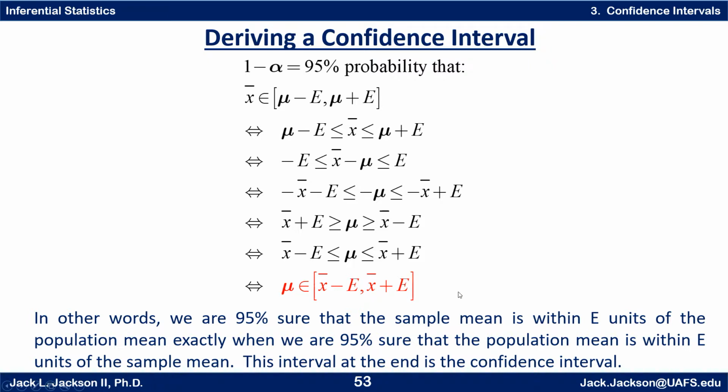Now, one thing you need to realize right now is that it's not the mu that's moving around. The mu is some fixed value. In our example, mu is the 101 pounds for the mean weight of all boys. That's not changing, okay? But when we take different samples of size 36 7th grade boys and find their average weight, that's x bar. That's what's moving around. And so these intervals are moving around based on that. Actually, the widths are not changing because that was based on our